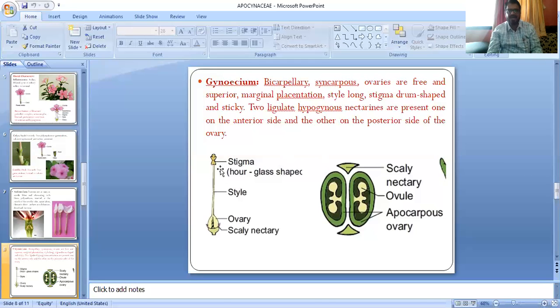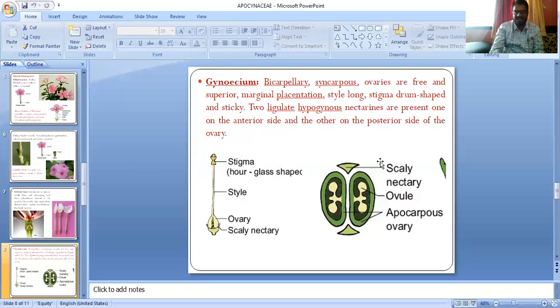What is its stigma? Drum shaped. Do you know what a drum is? Drum shaped stigma and sticky. Stigma is sticky in nature. Sticky means sticky, do you know? Chipchipa. Yes, that is, stigma is sticky in nature. And in this case, in the member of family Apocynaceae, that is Catharanthus roseus, for example, two ligulate hypogynous nectaries